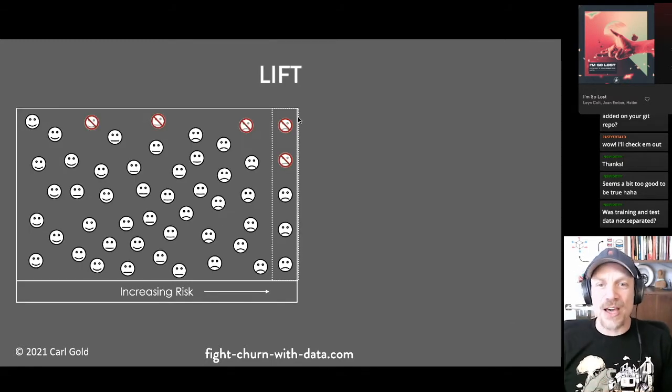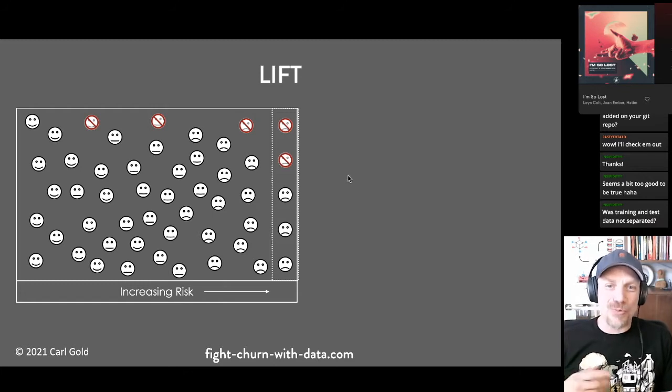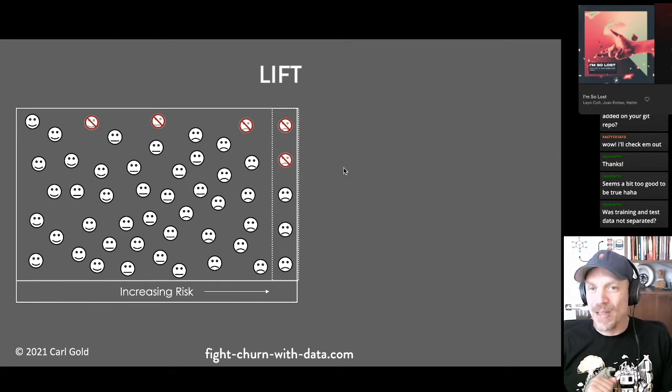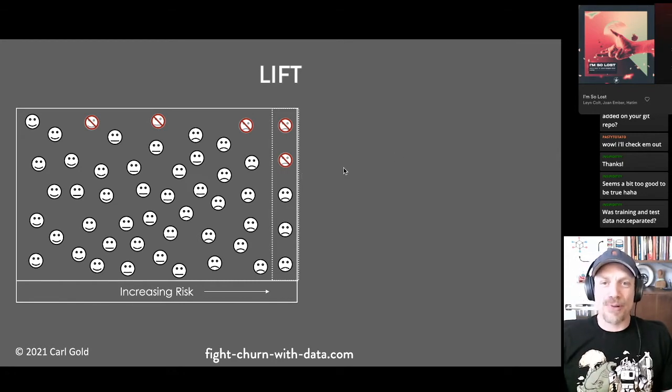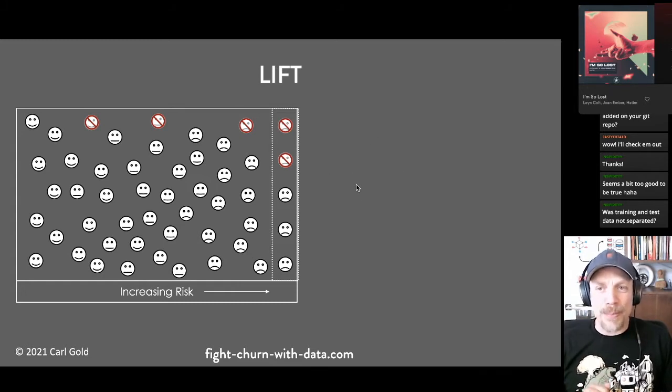Now, lift is another accuracy metric which is good for churn, and it's actually good for explaining churn accuracy to business people because they don't really get AUC. It's kind of complicated, or even more complicated accuracy metrics. AUC is about the hardest thing you can explain to business people, and I wouldn't explain many other accuracy metrics to them. Now, lift comes from business, and here's how it works. You again base your accuracy measurement on increasing risk of your customers, and then you look at those customers in the top decile most at risk.